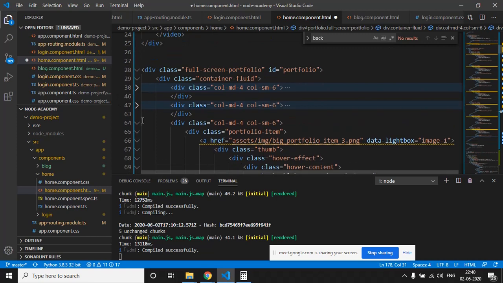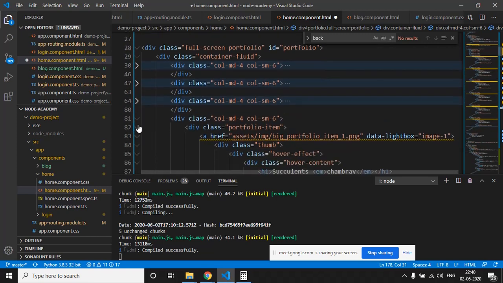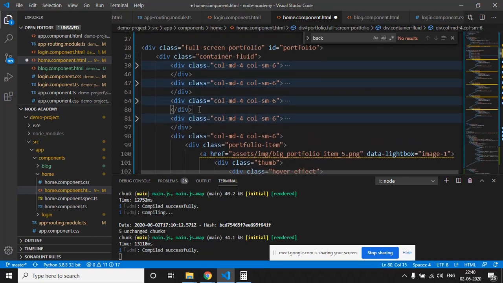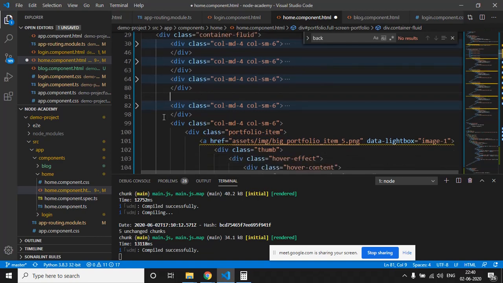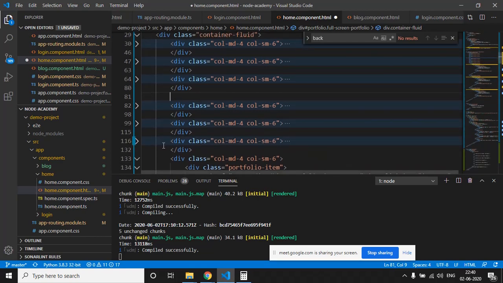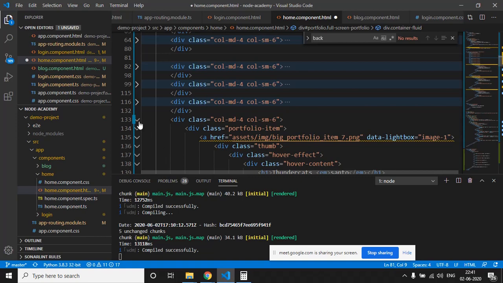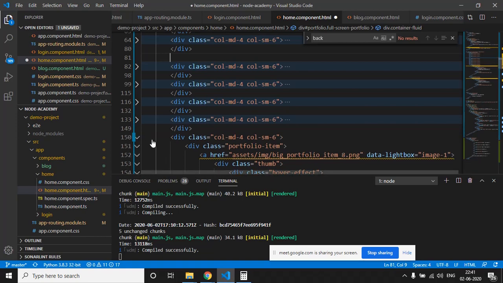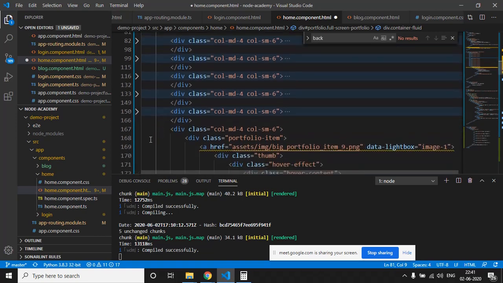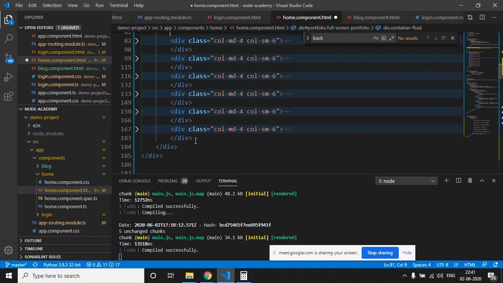So this is the second tile, this is the third tile. After this we have to remove all the tiles, as we are going to make a static website, so that's why I'm doing this. For the dynamic side we use ngFor and other stuff.